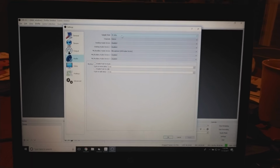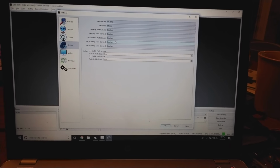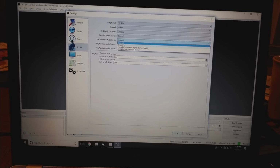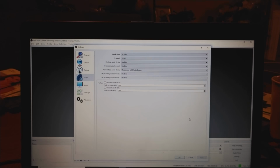Audio sample rate should be 44.1 in stereo. And I went ahead and plugged in, as my child destroys all the things here. I'm not destroying, I did it as an auxiliary microphone. I'm using a webcam. The microphone on the webcam is actually really good, but if you have anything else, like